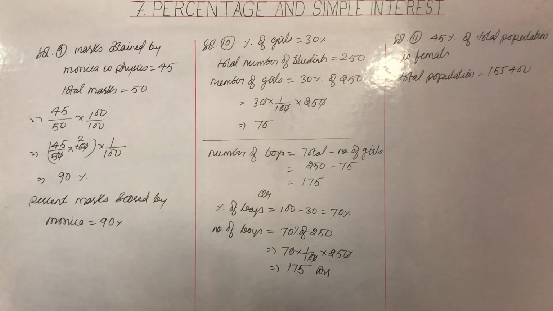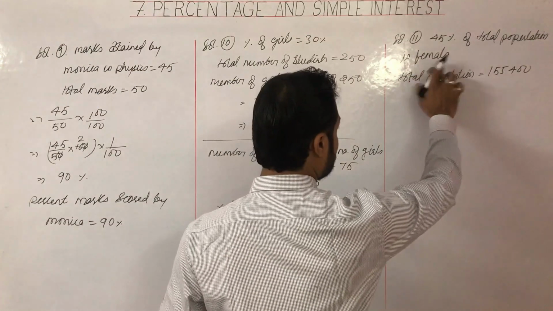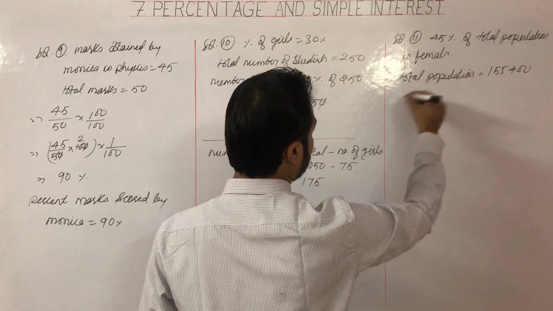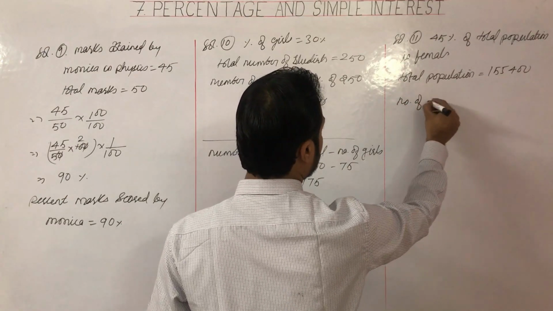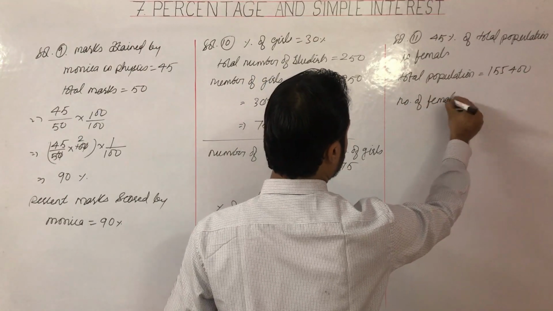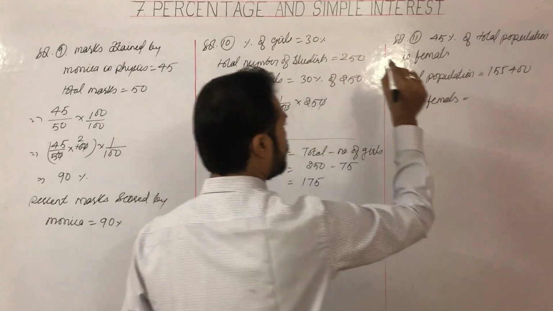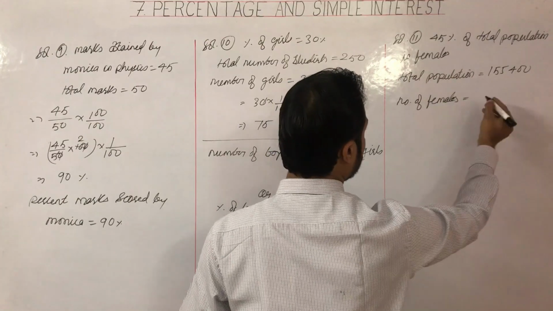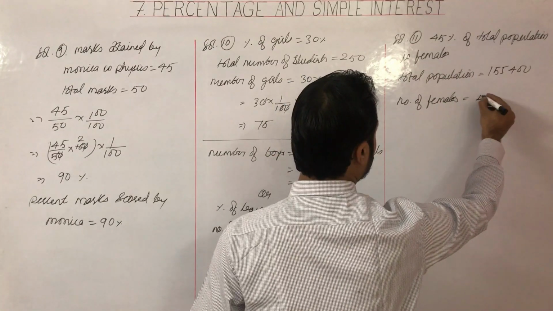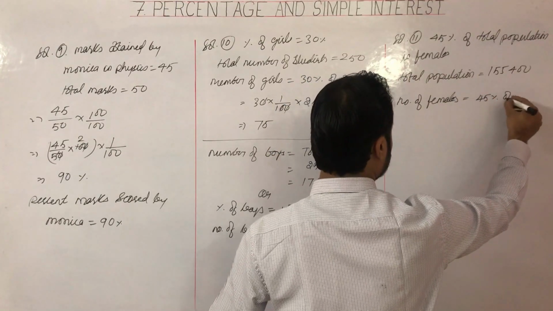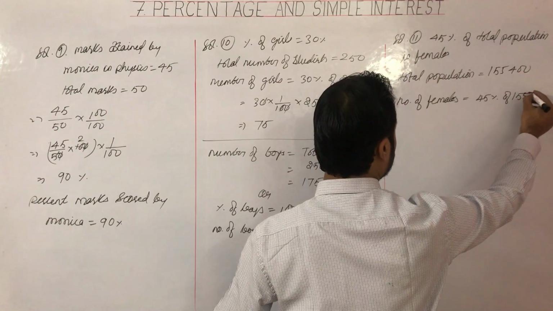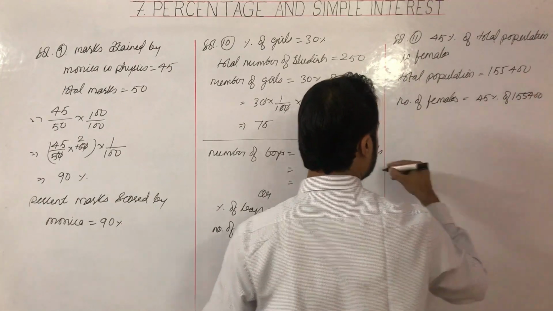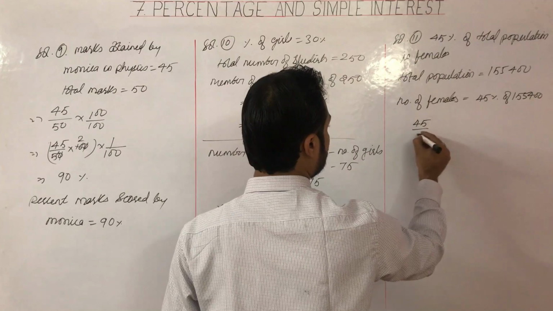So we have to find the number of females in that town and number of males. So number of females equals to 45% of total 155,400. So 45%,